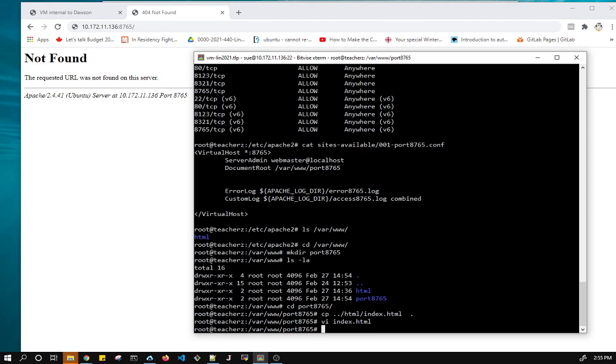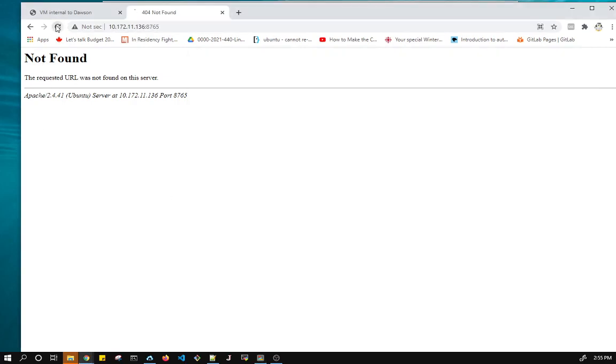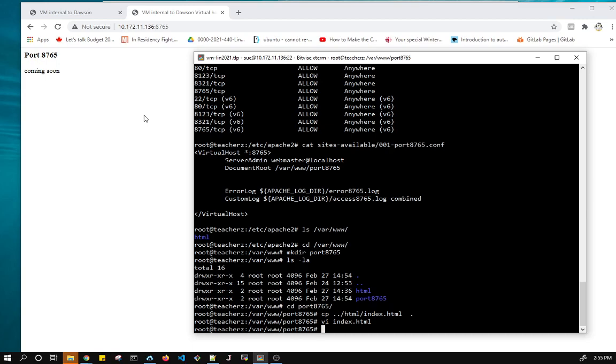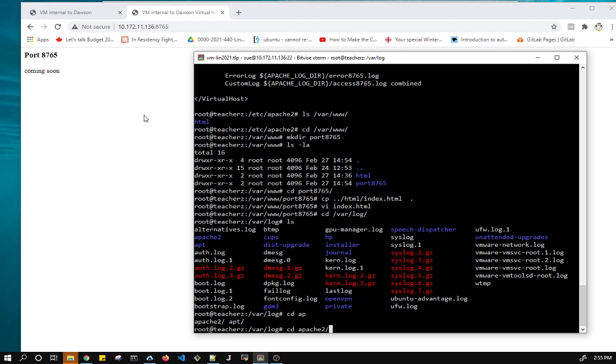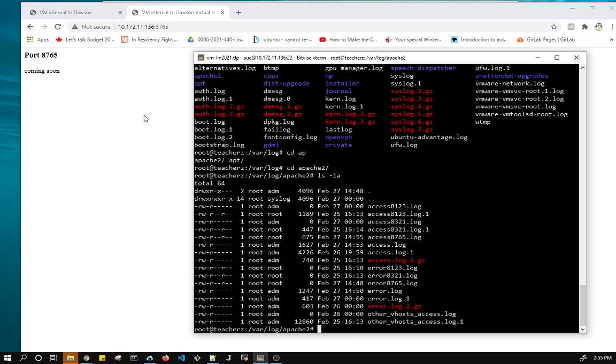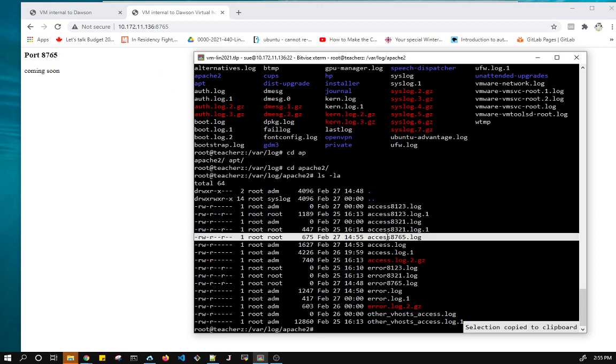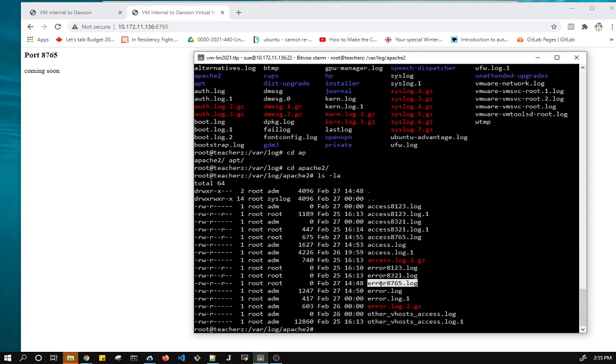So now that I've created content, let's see what happens. It worked. So now I know that the host is working well and I can populate that directory properly, but let's take a quick look at the logs. Here we have all of the logs that are set up for Apache, and this is the one that I set up, access log and error log. There are no errors for port 8765, but when we looked for the content,